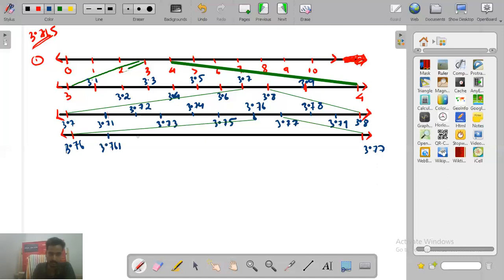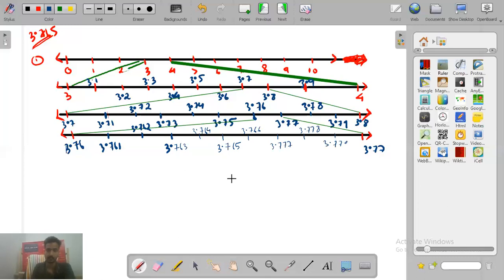3.761, second part will be your... 3.762, third part will be your... 3.763, fourth part will be your... 3.764, fifth part will be your... 3.765, yes or no? Then sixth part will be 3.766. Then it will be 3.777. There will be 3.778. That will be